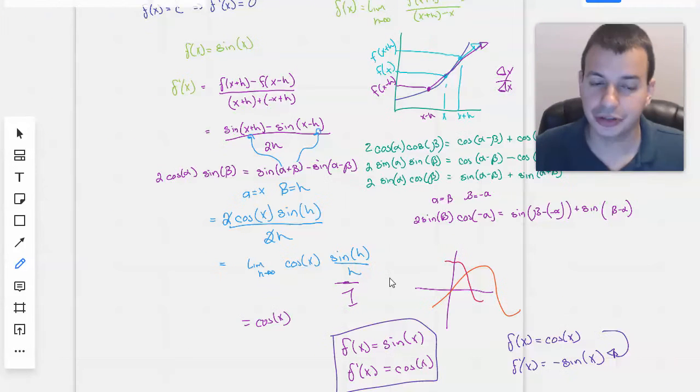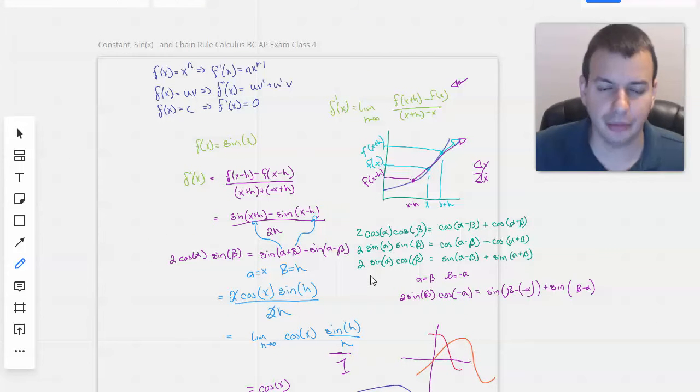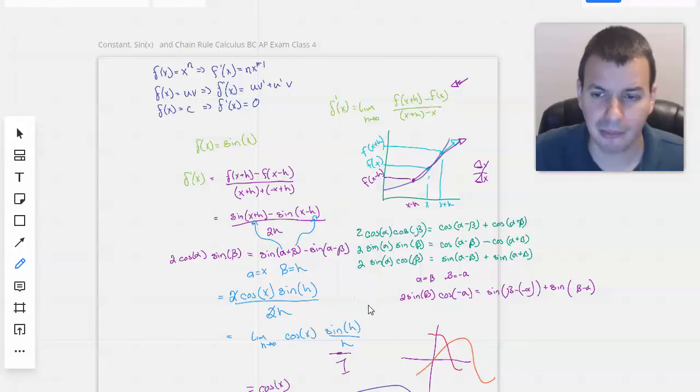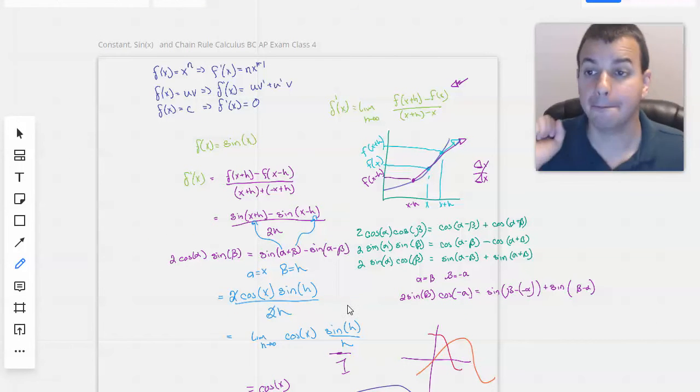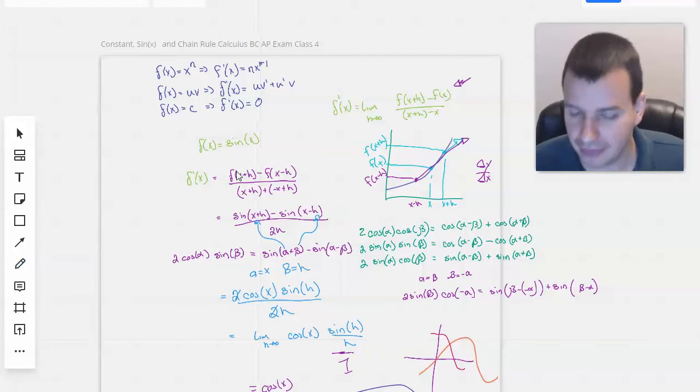Okay, so that is the idea behind sine of x. Ooh, that looks like a lot more than I intended to write. Meh, such is life. Sine of x. Okay, so now that we have that,